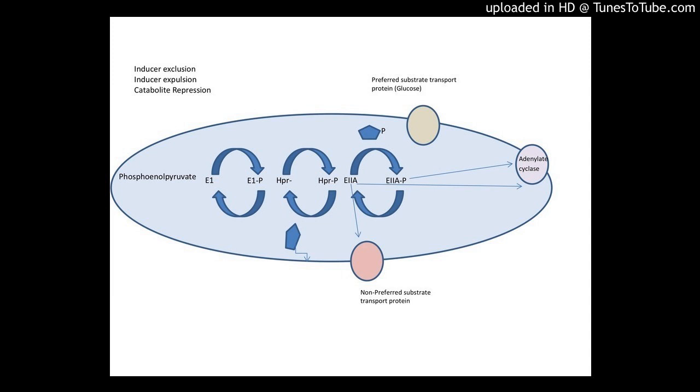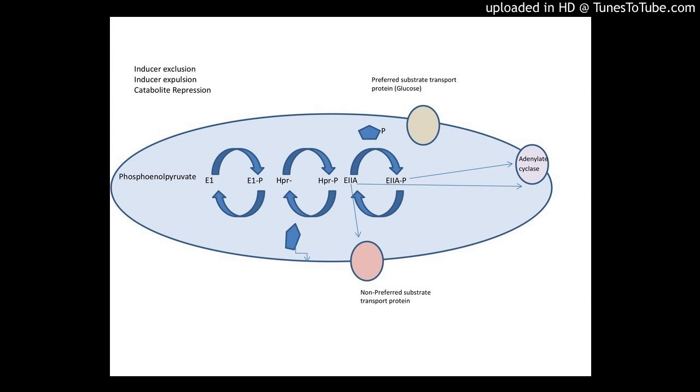Alright, let's start. Phosphoenol pyruvate is a high energy molecule. It's the next to last step of glycolysis, if you remember. And PEP, or phosphoenol pyruvate, has the ability to give off that phosphate group. It can be used to make ATP like it is in glycolysis, or it can be used in this electron transport chain. If it gives its phosphate group to the enzyme 1, thus phosphorylating the enzyme 1 molecule, then that